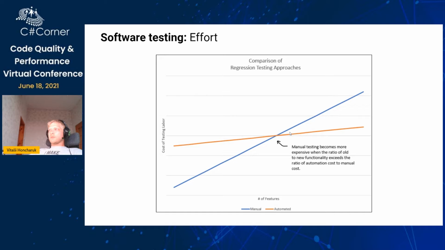But after some time, when a project grows a lot, the manual testing effort also grows. And at some point, the cost of manual testing and regression will be equivalent to, or even higher than, having automated and integration tests. And this brings